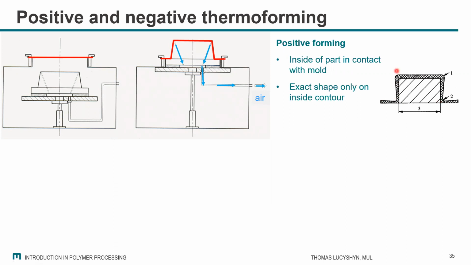Whereas the outside has some kind of undefined shape, because you have not a big influence on what is happening on the outside, on the inside you have a very exact shape of your mold. And also the thickness distribution is different. So what comes into contact with the mold in the first step will freeze and then cannot be deformed so much, and then it becomes thicker,